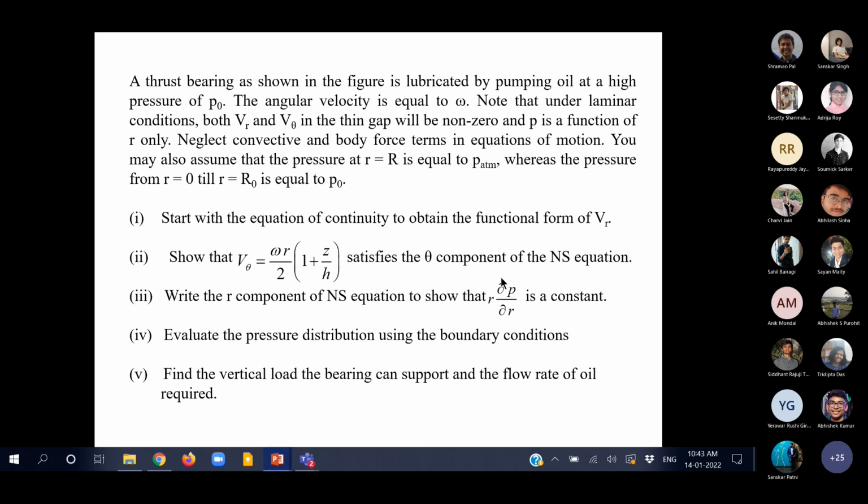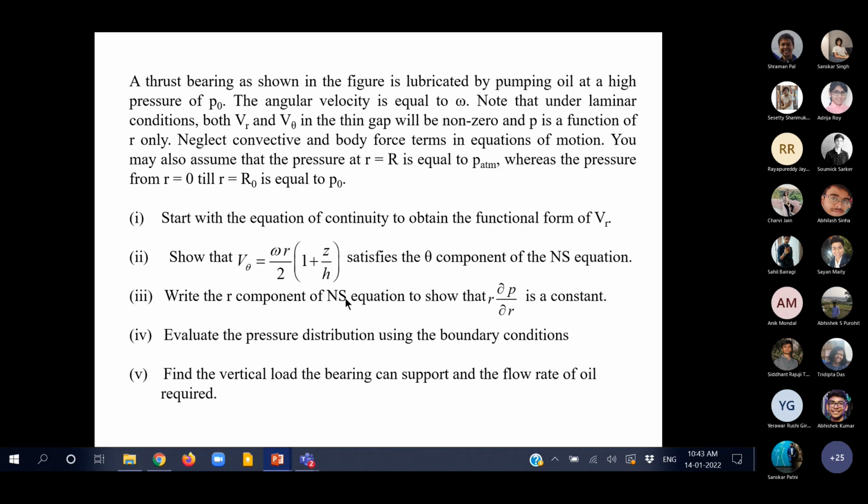distribution, because the moment you are asked to find out the load that the bearing can support, you know that the bearing can support a load which will definitely be related to the pressure variation inside the small gap in the R direction. So the variation of P with R is important, and you can only evaluate that if you solve the R component of